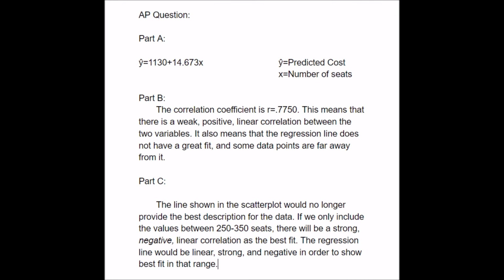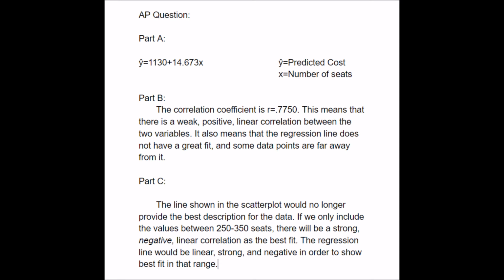Alright, so here we have the last question, the AP question asking about the passenger seats in the airplane. So the first part, part A, is asking you to find the equation of the least squares regression line. So to do that, you're going to take the coefficients that they give you in the little number table, and you're going to use those values to set up your